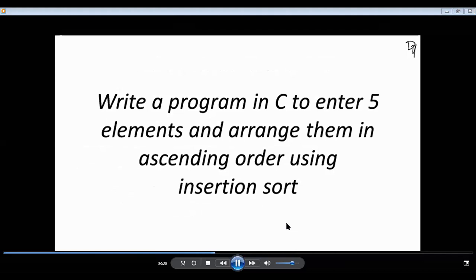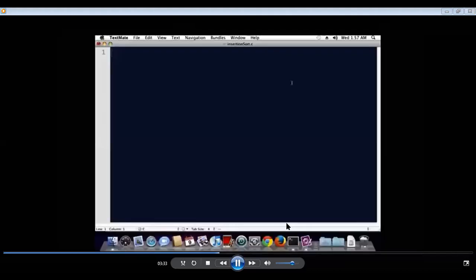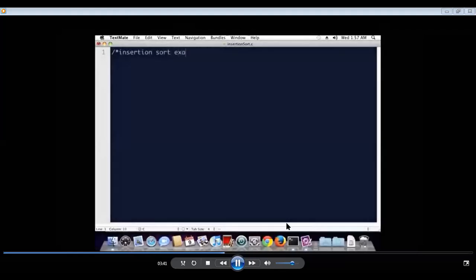Now a very simple program, we'll see how to sort in ascending order. The same simple example we will take as input here. So how to make it? Necessary header files we will include.